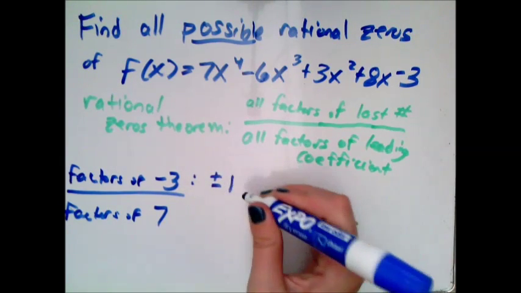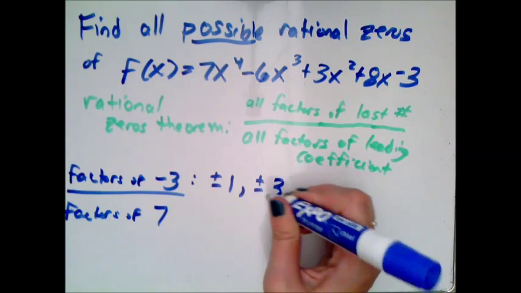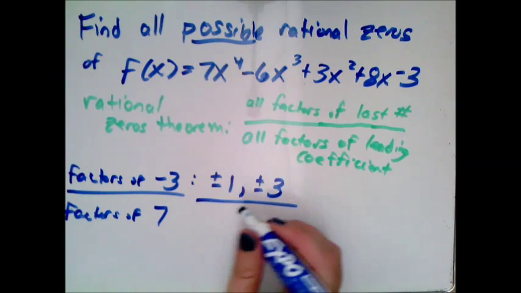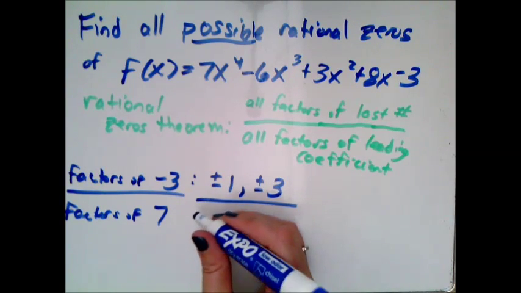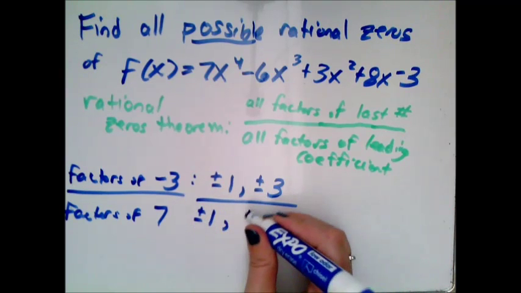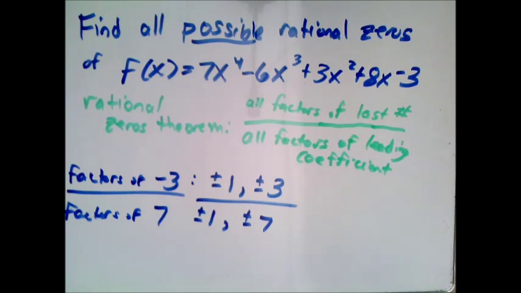So we could do positive or -1. We could do positive or -3. Then we'll write down all the factors of 7. So it could be plus or minus 1, plus or minus 7. All right, if we want all the combinations of this, or all the possible combinations, so I could do 1